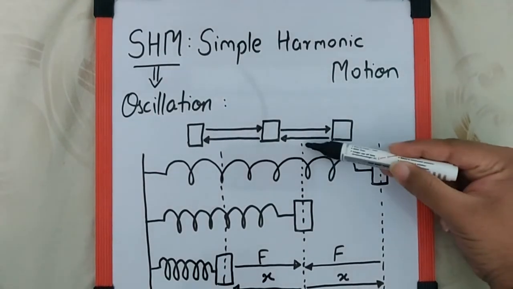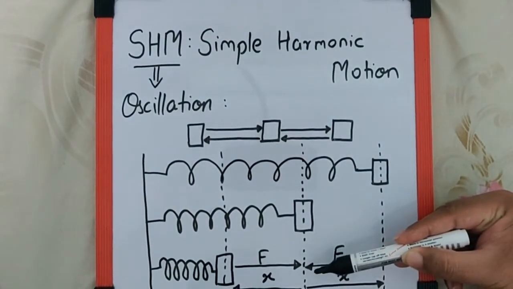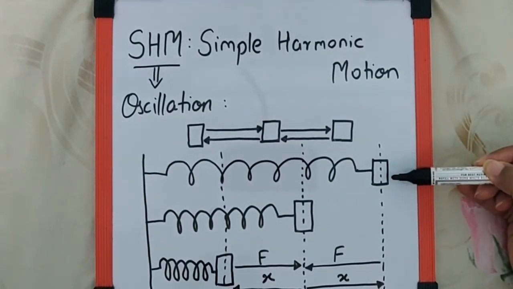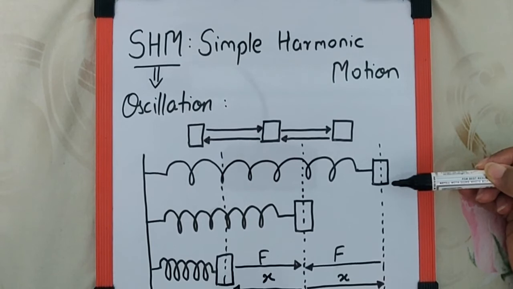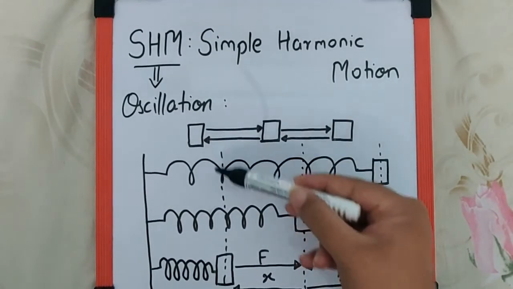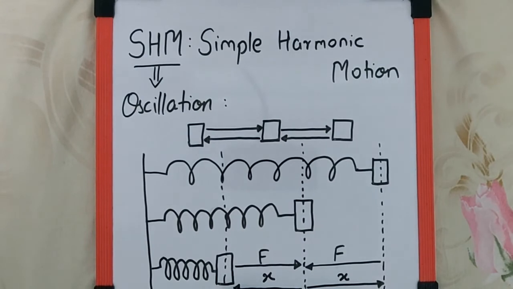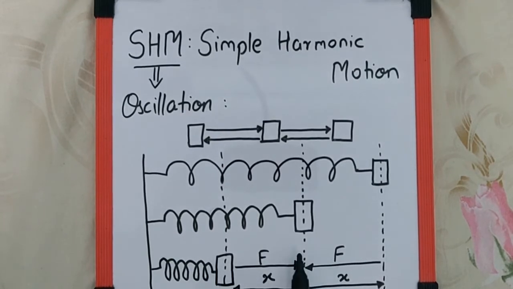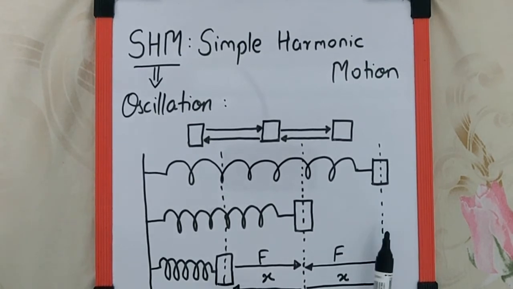So the initial position from where we started is called the mean position. The first position the body reaches after the force is applied is called the positive extreme position, and the final position of the body, after it shows inertia and goes ahead compressing the spring, is called the negative extreme position. So now the block will come back to its mean position, and again it will have the kinetic energy and no force, which means again it will go on to the positive extreme. And now this motion will keep on happening like this.